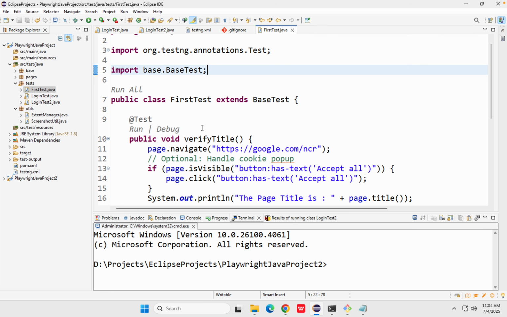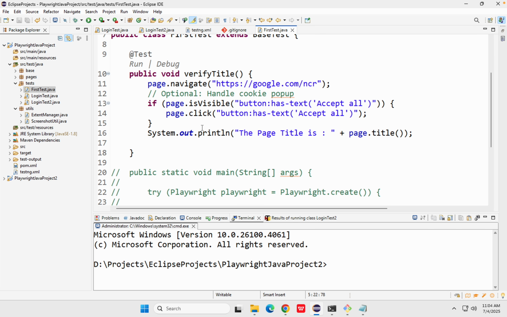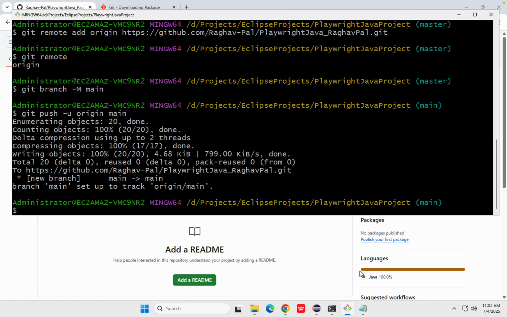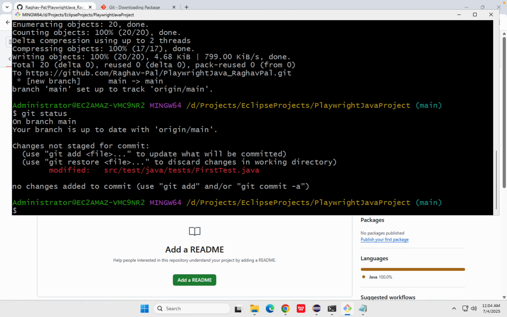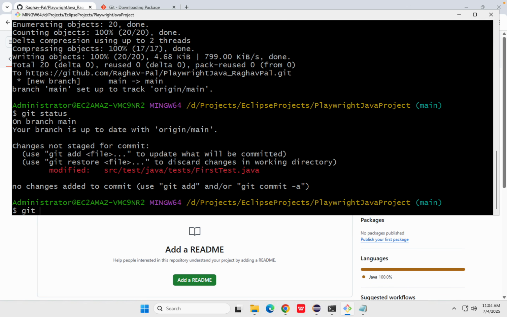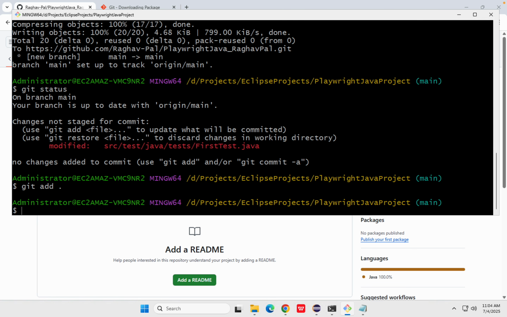Or if I make any other change, or add any more tests, add any file, or delete anything, I will just make the changes, save it, and again I have to go and check git status, and you can see I have modified this and it is not yet added. I will say git add, so whatever changes I have made will be added, and I will say git commit, and I will give a message